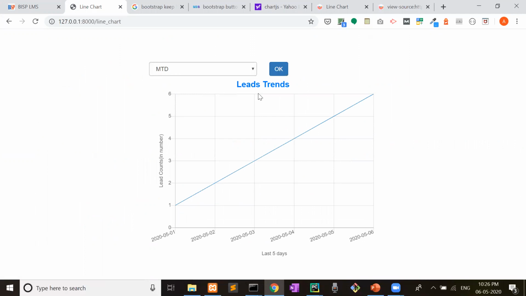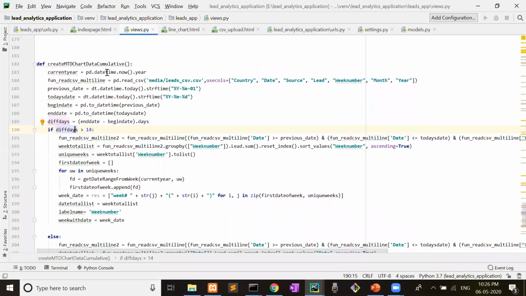So you can see here 1, 2, 3, 4, 5, 6. But suppose somebody clicks this button or sees this chart on the 31st of May, in that case there are so many dates overlapping each other. So to avoid this, we have written this function.